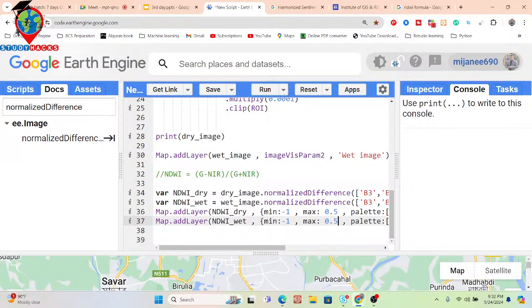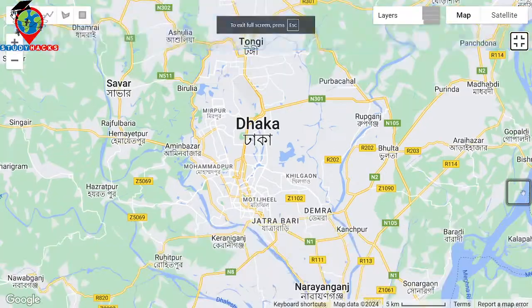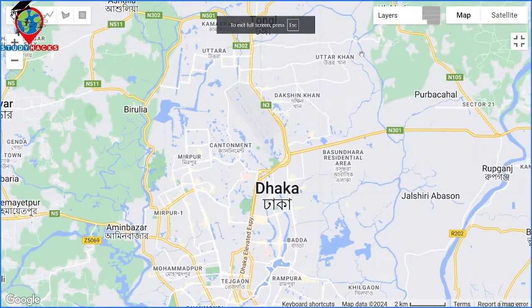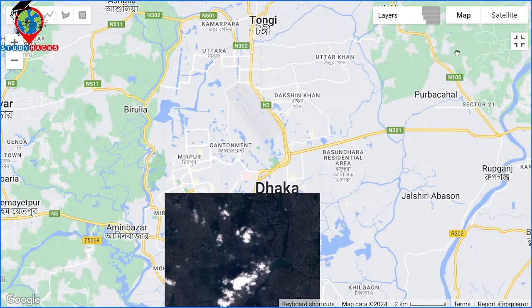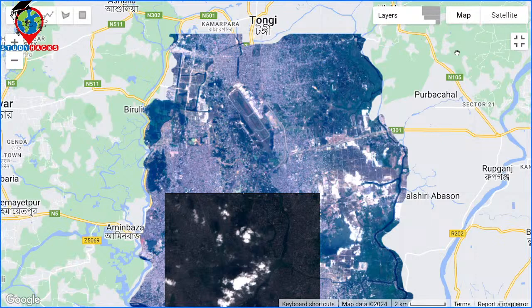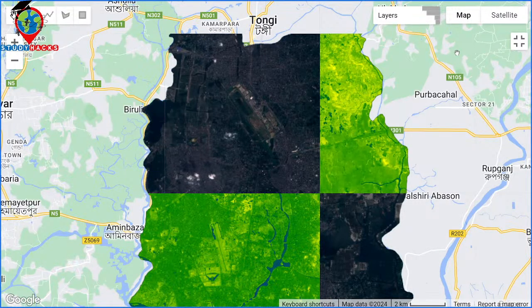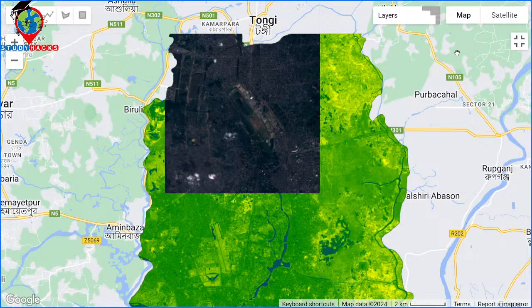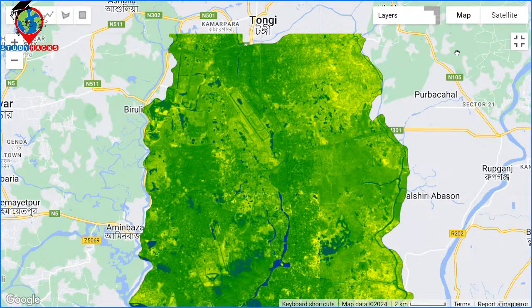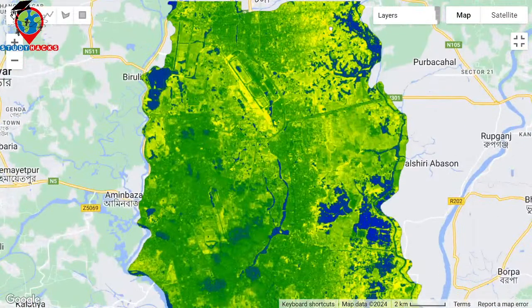So click on run. Check the result. Okay, we can get this type of result loaded.